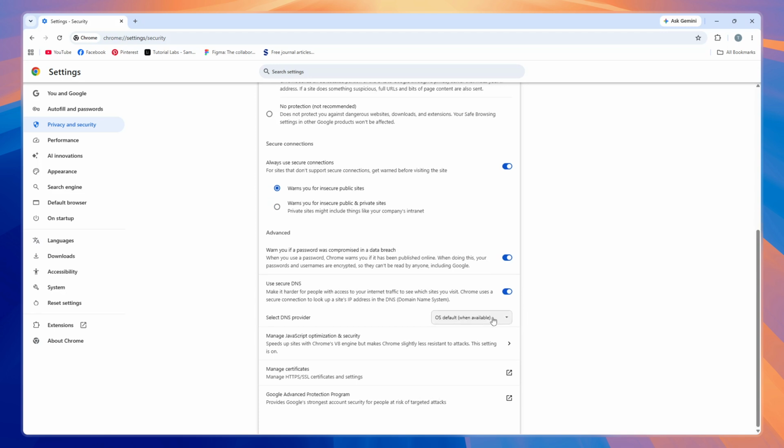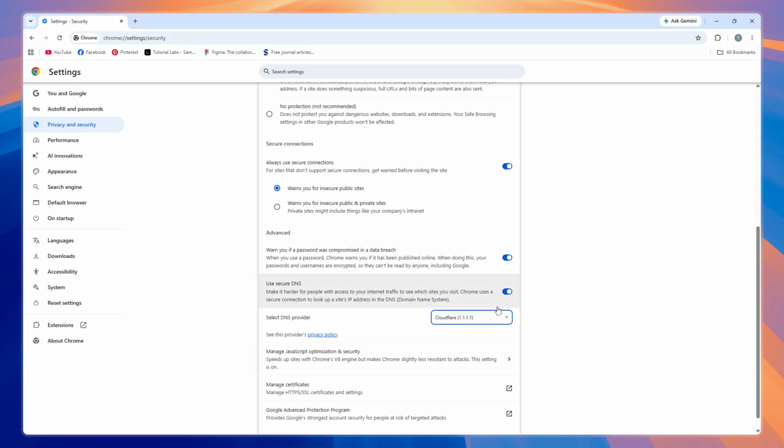Once you've enabled Secure DNS, you'll notice a drop-down menu appears labeled Select DNS Provider. Click on this drop-down and from the list of providers, choose Cloudflare 1.1.1.1. Cloudflare's DNS service is known for both its speed and strong privacy protections, making it an excellent choice for secure browsing. And that's it. You've just significantly upgraded Chrome's security settings, giving yourself much better protection against threats and better